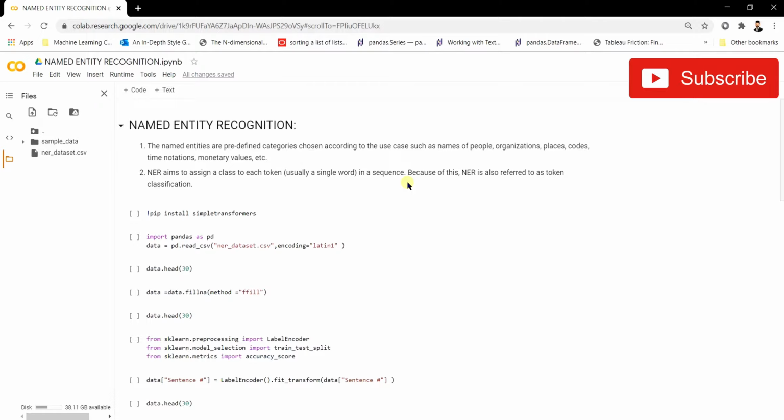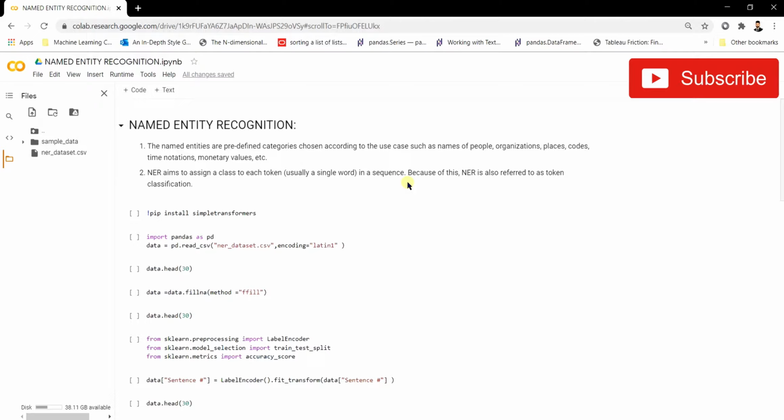For the implementation of entity recognition, we're going to be using the simple transformers library, which I have already explained in great detail in my last video, where I implemented BERT and did sentiment classification. You can go and refer to that video for the implementation of simple transformers, and you will get a detailed explanation there. We are using simple transformers here as well for the implementation of NER. If you haven't watched that video, please go and visit it first and then come back to this video, and you will understand the basics of simple transformers easily.